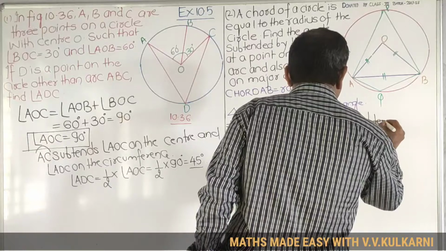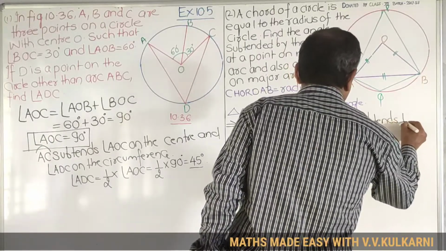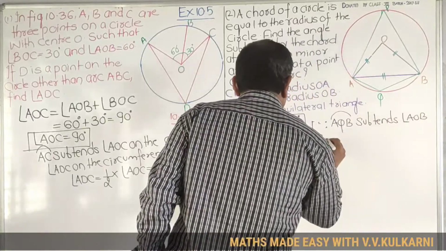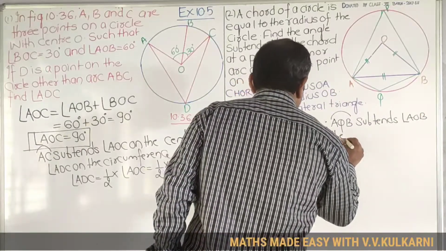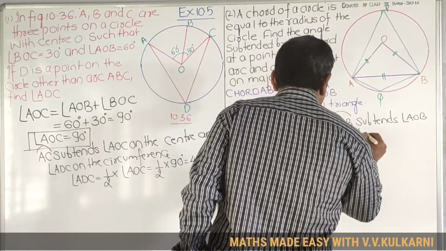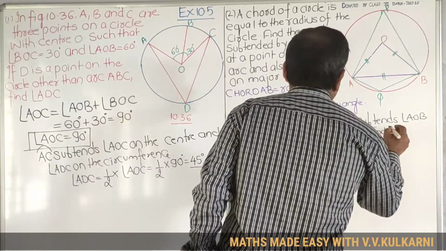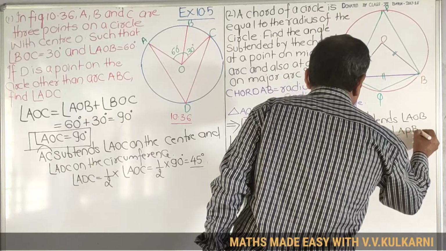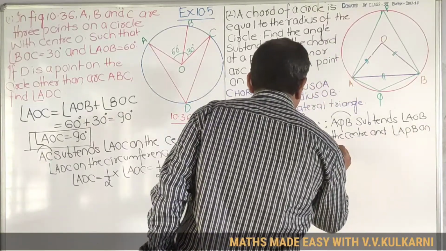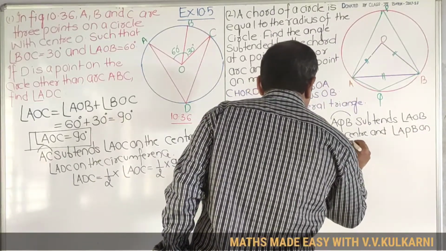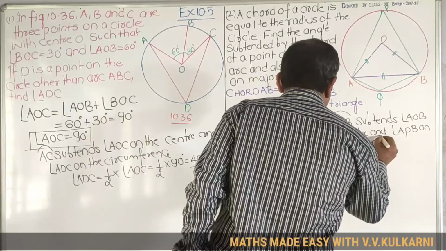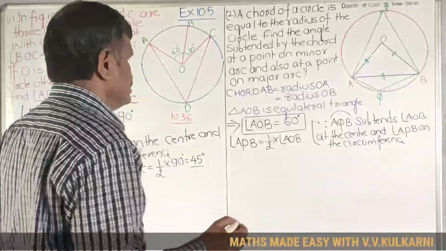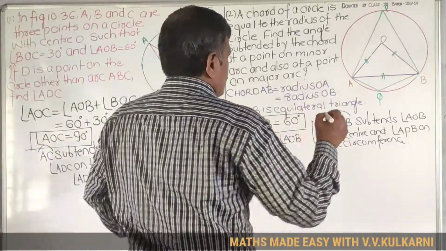subtends angle AOB at the center and APB on the circumference. If this is the case, then what I can say is this is half. So children, this is